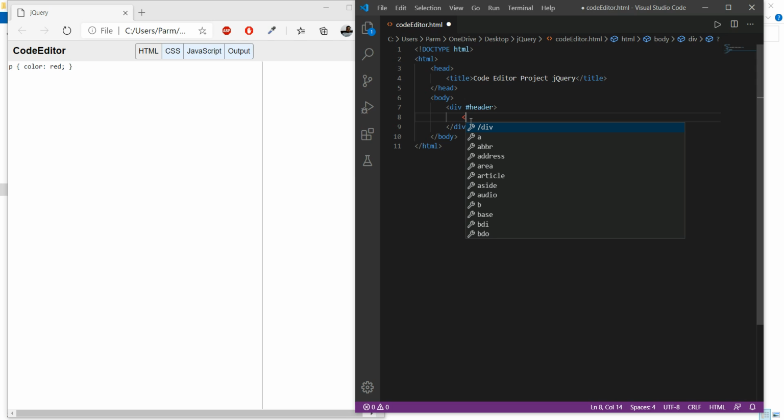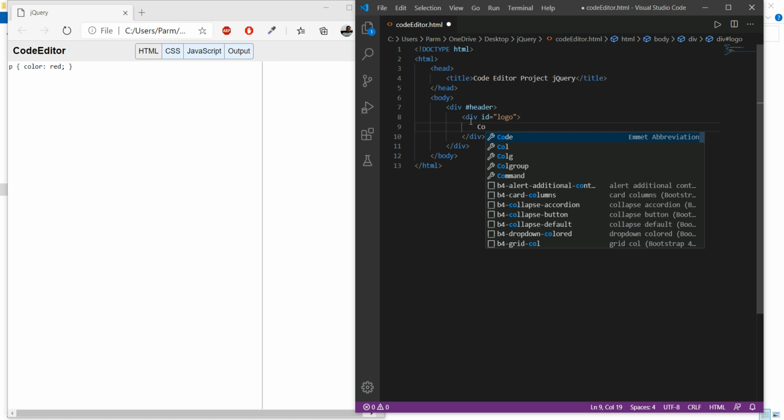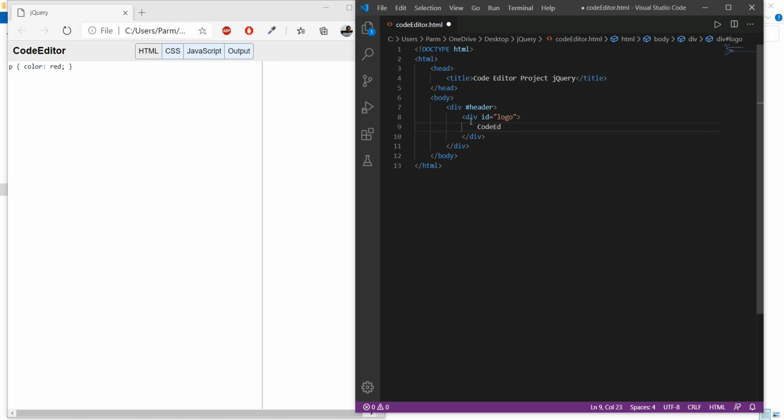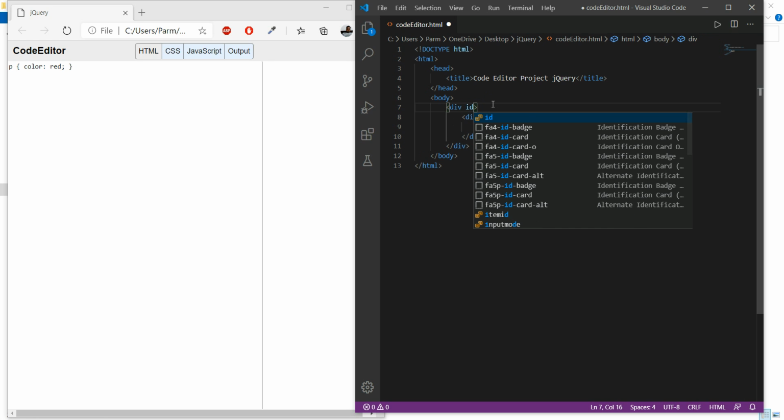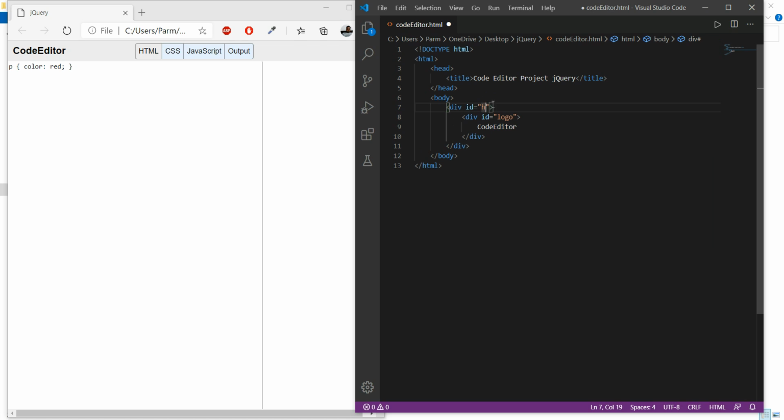First I take another div for the logo, and to this I'm giving the id logo, and here I write code editor. Here we made a mistake: the id here we have to give as header.